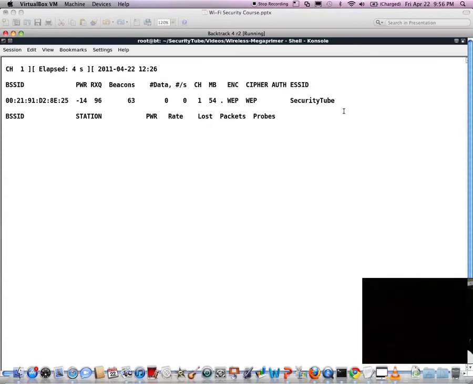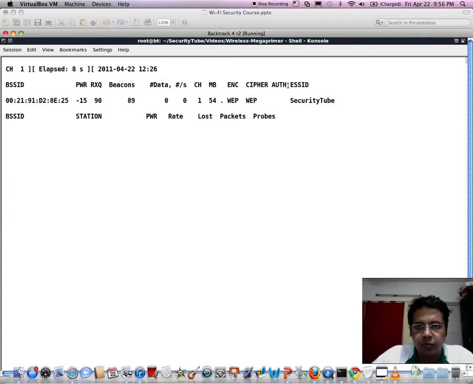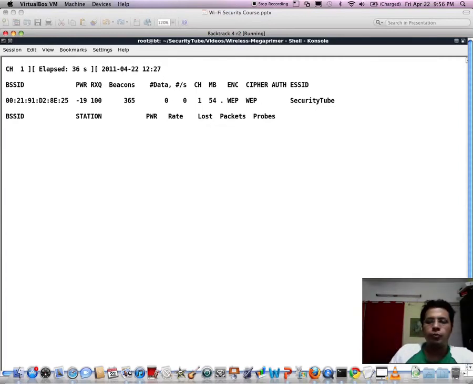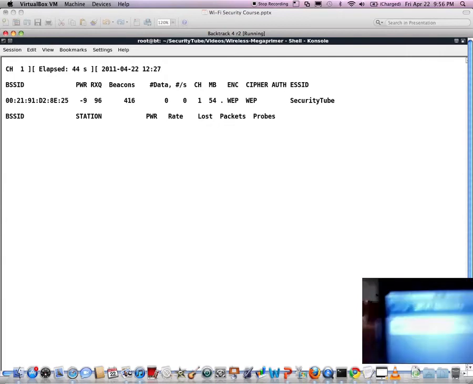Now notice something interesting here in the output under auth. There can typically be only two values, open or shared key. Here nothing is being mentioned. The reason is that when the first shared key authentication happens, airodump will capture the whole authentication request, response, the challenge text, etc., store it onto a file, and then mention the authentication mechanism here. So let me take my handy little iPhone, and if you notice, Wi-Fi is